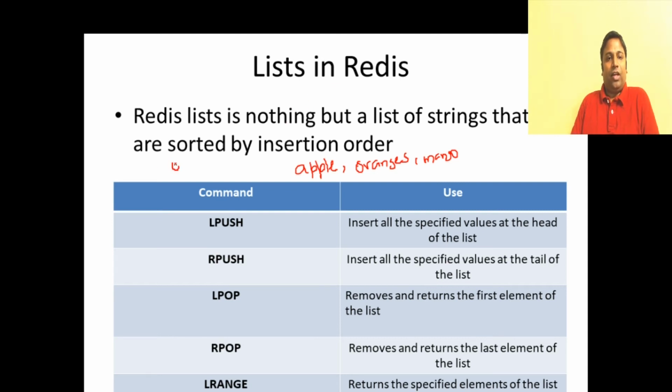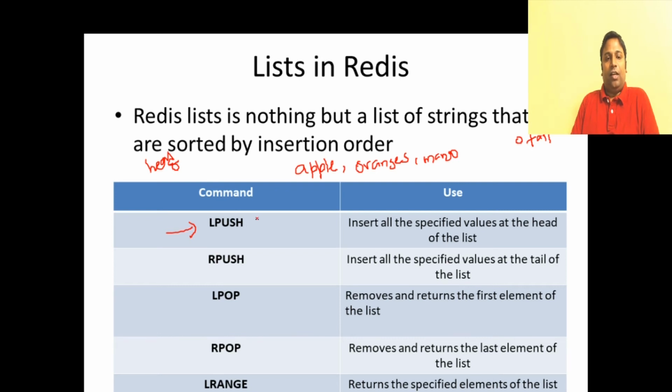So what you have is a head pointer that is pointing to the list. You can also think about a tail. Just for understanding, let me say this is the tail of my list. The very, very important thing is the insertion order is maintained in a list. Let's talk about the commands now. Lpush. What is lpush? Lpush will start inserting the elements from the head of the list.